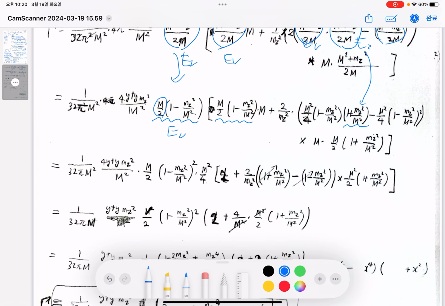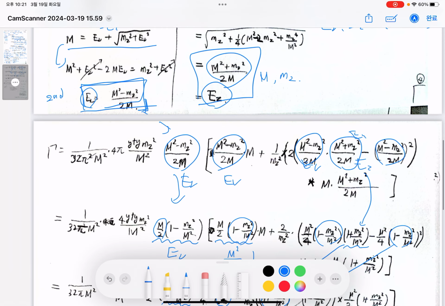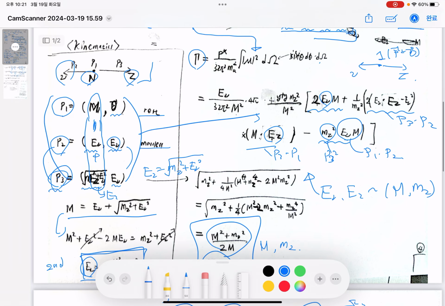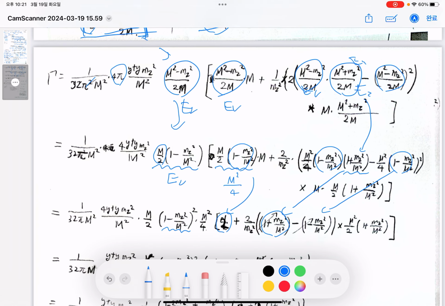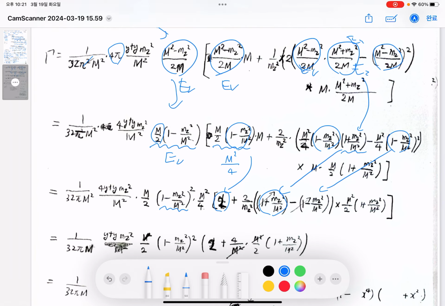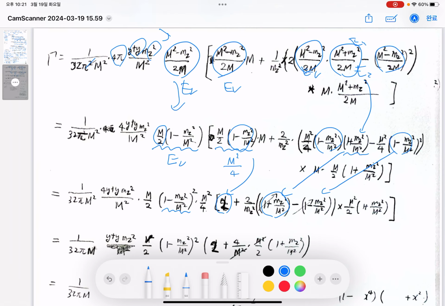So there is the common factor. First of all, 1 minus m jet squares over M squares appears in each term. So it's the common factor that goes out, and also the m over the M squares can go out. So the first term only remains the number of two, and in the second term there are 1 plus m jet squares over M squares here, and 1 minus m jet squares over M squares here, and the remaining terms here. And actually the other part, such as the solid angles of the Fermi golden rule, becomes the all 4 pi factors, so it makes the 1 over pi factors disappear, and still the jet boson mass and the M squares are still